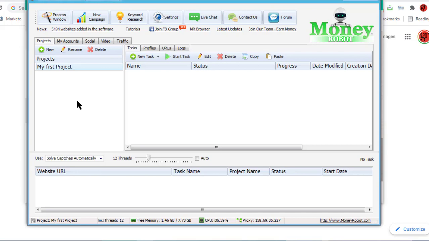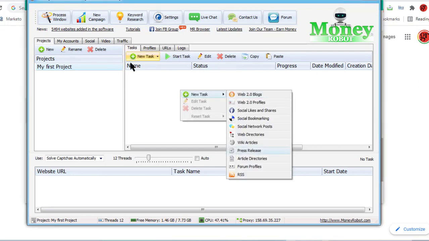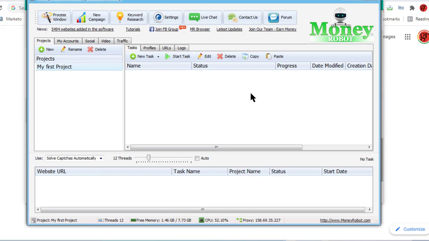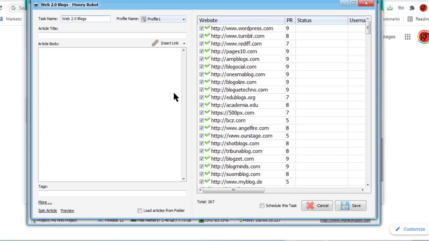Okay, let's do it. In this area, the task area, you right click, and at that moment you see this menu: new task, web 2.0, or any other ones. I really like, and I think the best ones are the web 2.0. Okay, don't do anything here, and just create, put some article here, article body,